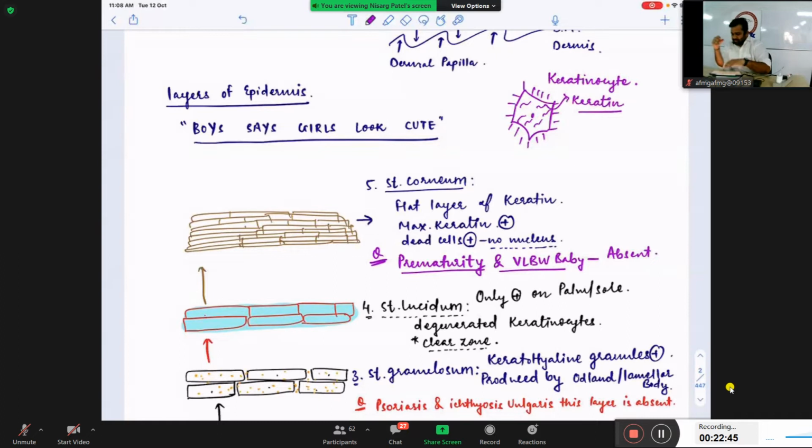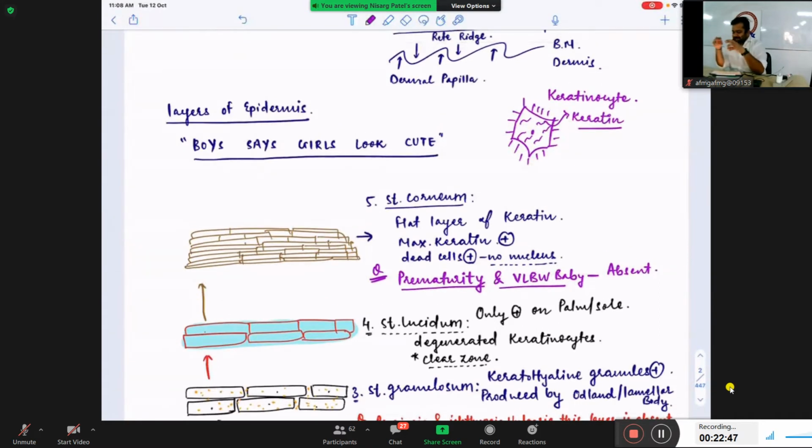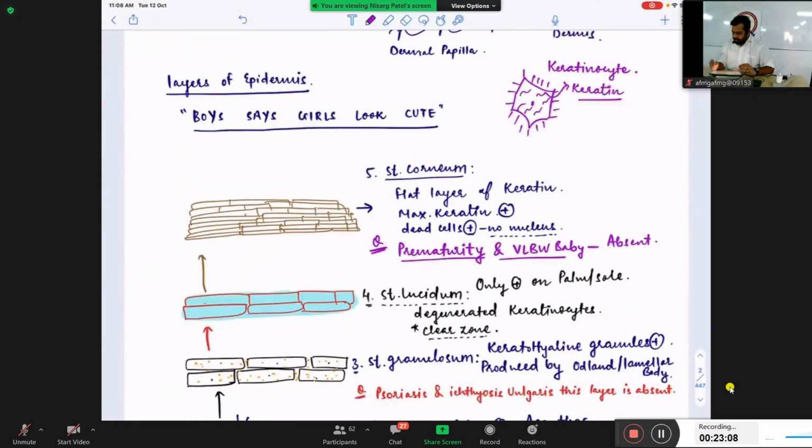But what will happen if there is a weakness of the keratin filament? Suppose there is a genetic condition, epidermolysis bullosa simplex. It is a genetic defect in which the keratin filament itself is weak. So because of that, what is happening? On a minor pressure, my keratinocytes collapse. Okay, so if you can see,